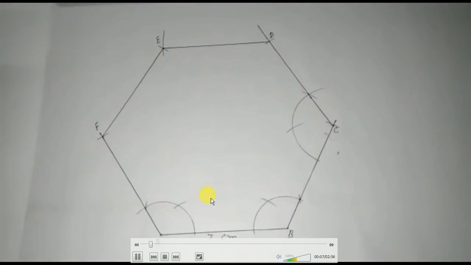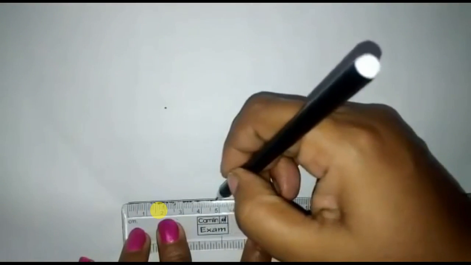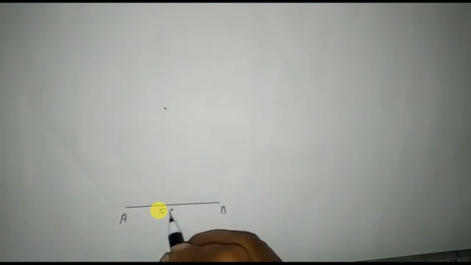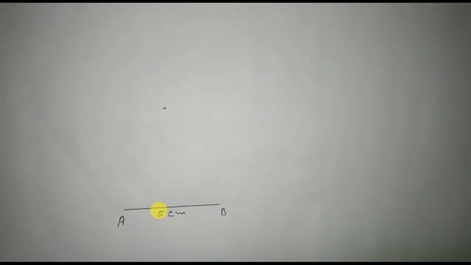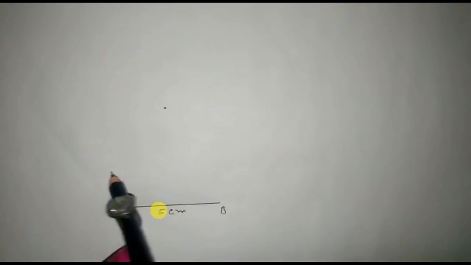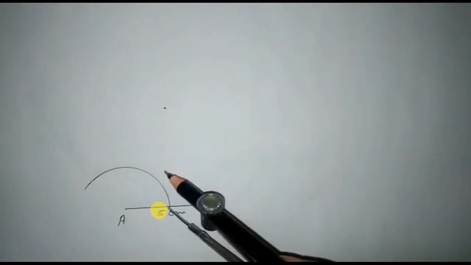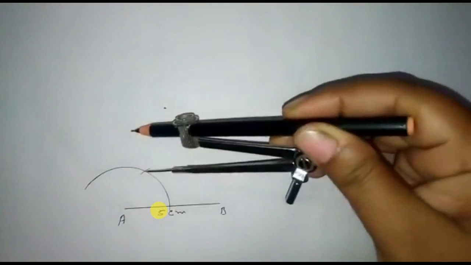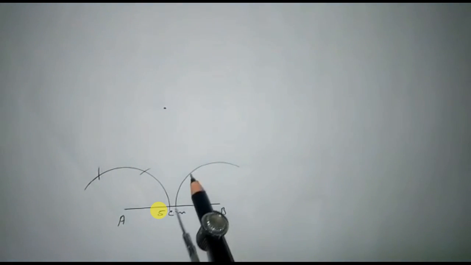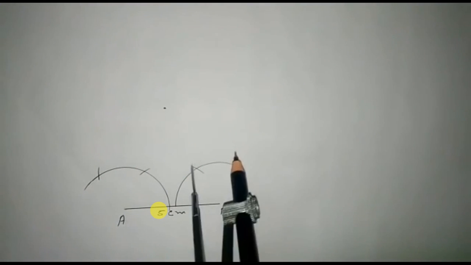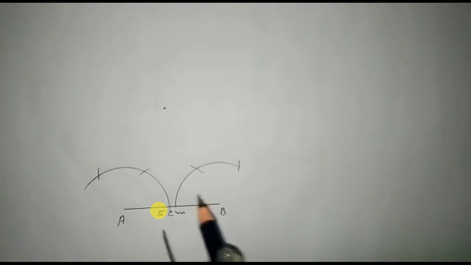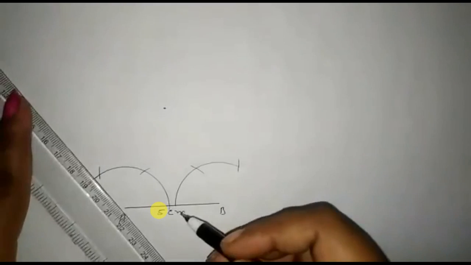Start from the beginning. Now you see. First let us draw a line of 5 cm. Once you draw a line of 5 cm, mark it as 5 cm. Then take your compass, just draw an arc on either side of this line, and when you drag, the first cut will be 60 degree, the next cut will be 120 degree. Similarly this side, if it's 60 degree, the next one will be 120 degree, because each angle will be 120 degree in a hexagon. Now join this,